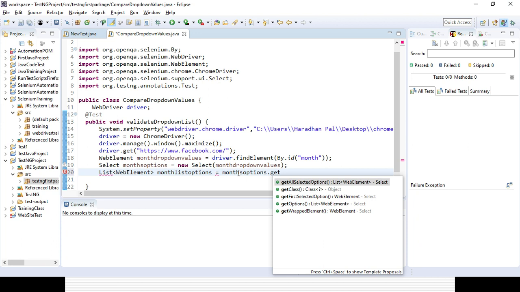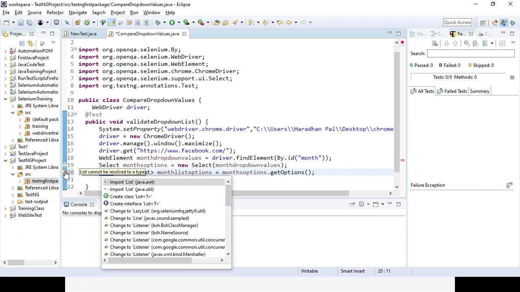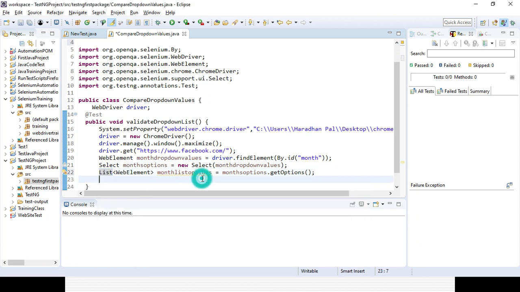Dot getOptions, you can see it's coming. So you will get all the options. Here you can see another error is coming. You need to import the List interface from the java.util package, not java.lang, java.util package List interface. So now if you want to print out everything, you can print it out.